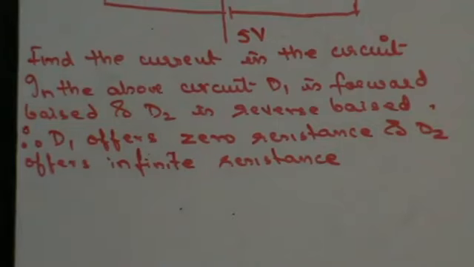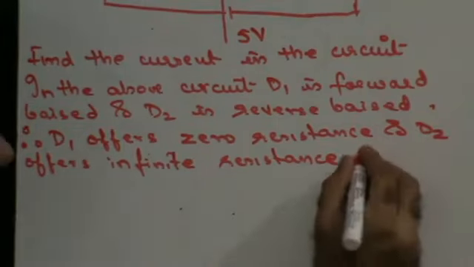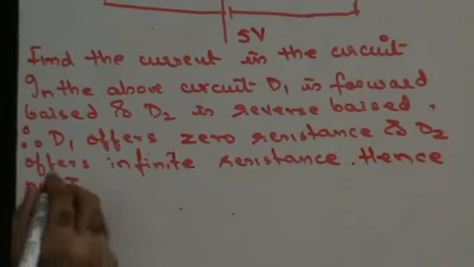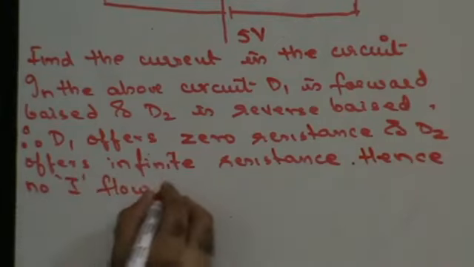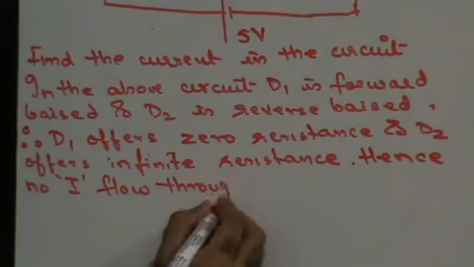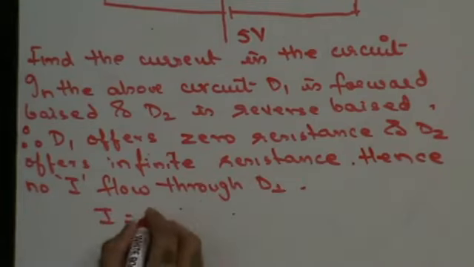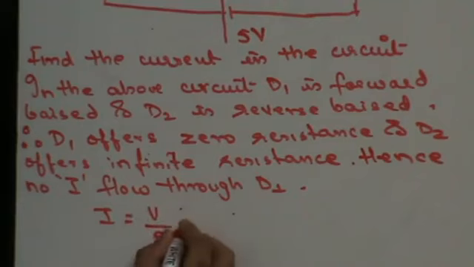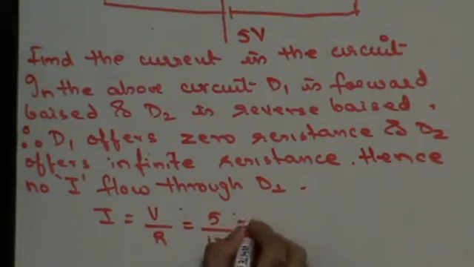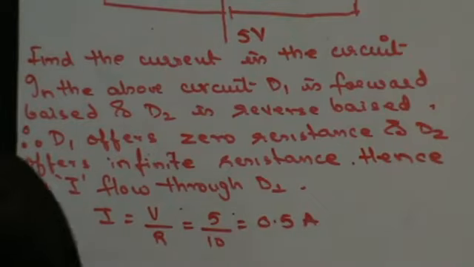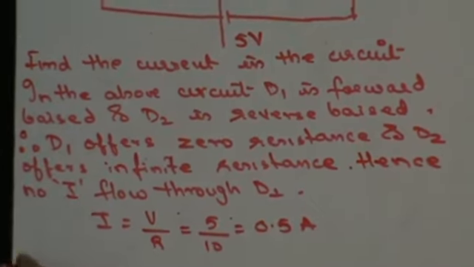Hence no current will flow through the D2 path. Therefore the current in the circuit is going to be V by R. V is 5, R is 10. That's your resistance in the D1 circuit. That's 0.5 amps. Fine. Next,